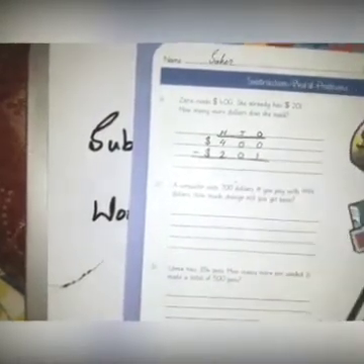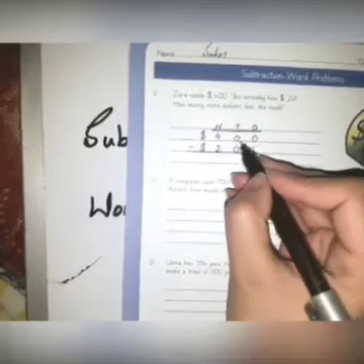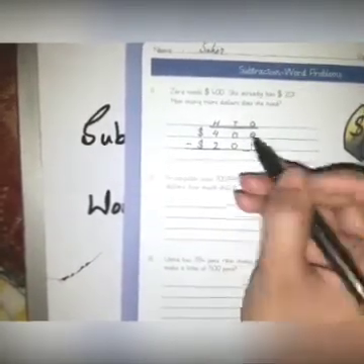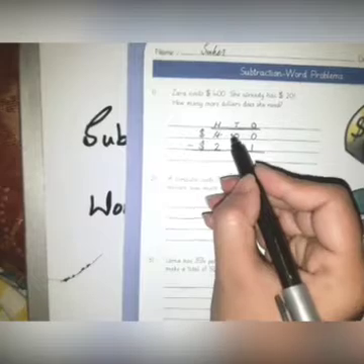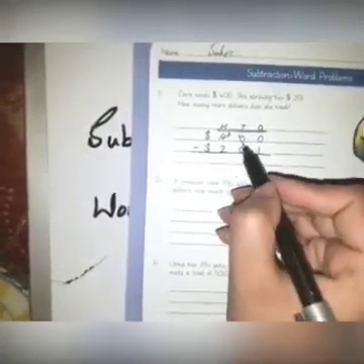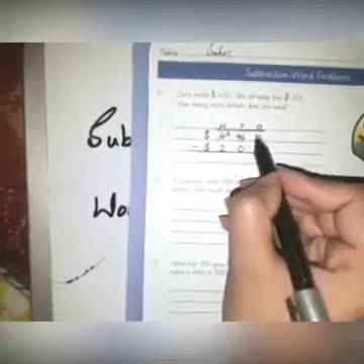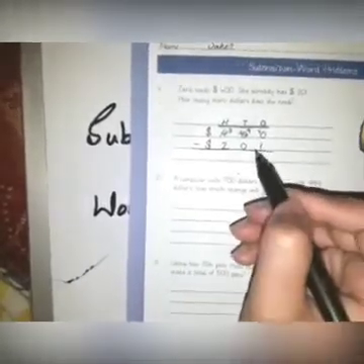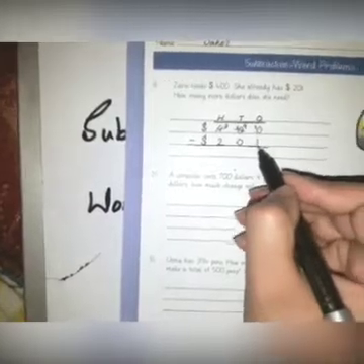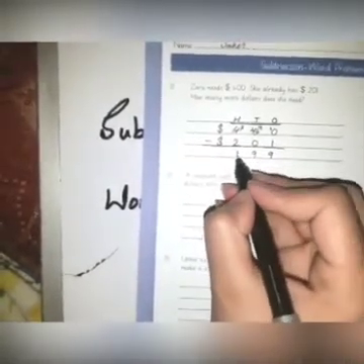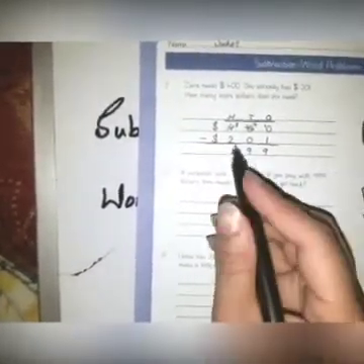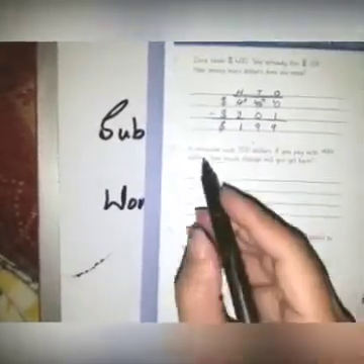0 can't subtract 1, so we will take a carry from the 0. 0 has no value, so we will take a 1 from here. The 3 left, it will become 10. So we will give 1 to this 0, it will remain 9. From 10 we will subtract 1, the answer will be 9. 9 subtract 0, the answer is 9. 3 subtract 2, the answer is 1. So she needs $199.